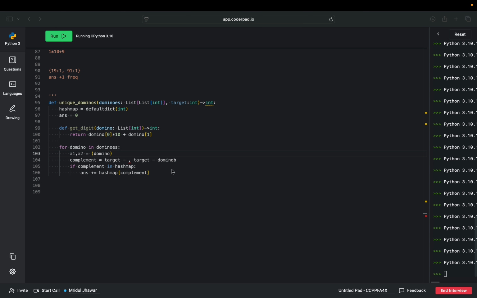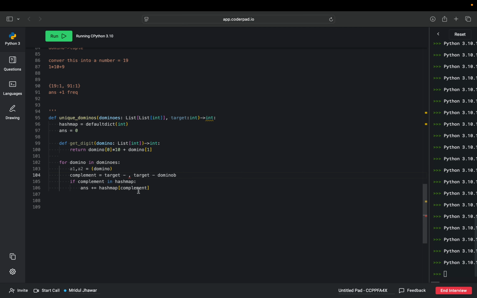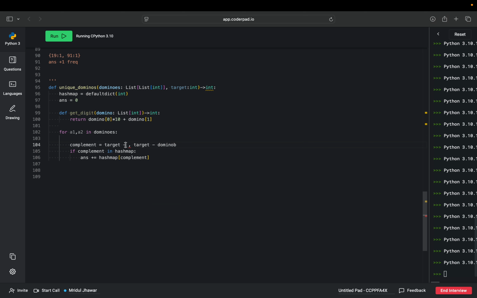So we can just build a set of unique domino digits, right? But that would not make sense. So I think this could be for A1, A2 in dominoes,